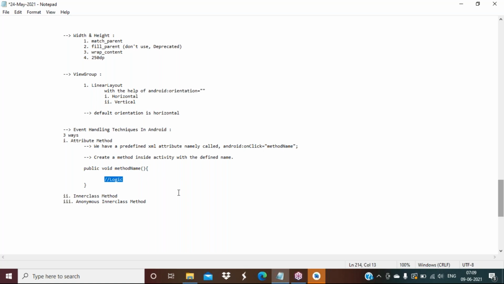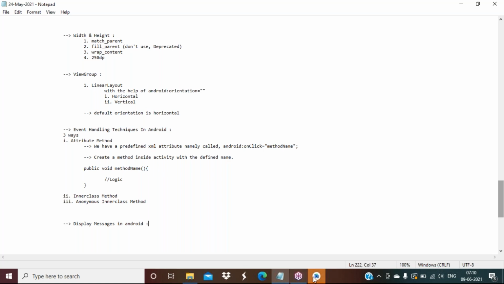For this I will add one more thing. That concept name is display messages in Android. So it will be like a breakaway. So one by one we'll completely finish it. So I am introducing one more thing. What is display messages in Android? How we are going to display messages in Android, that we are going to discuss. Okay, so first let me take this one, attribute method, how we have to do.